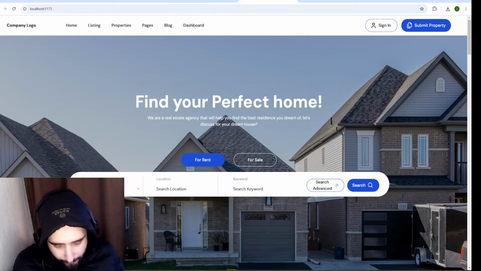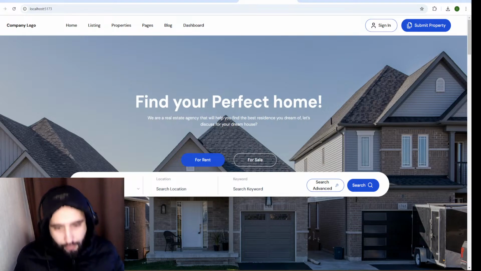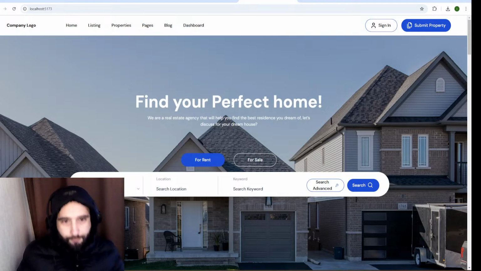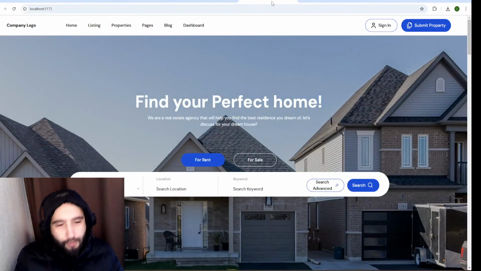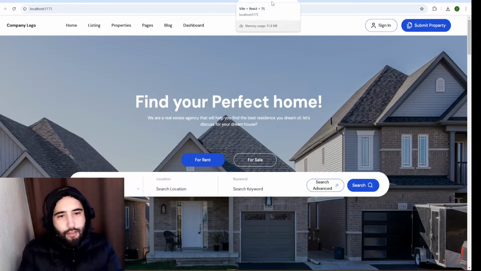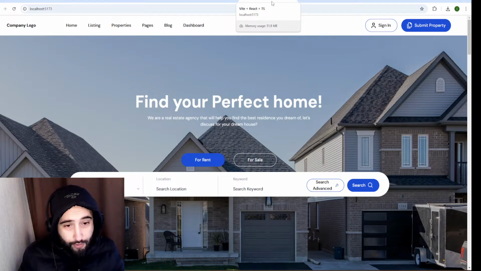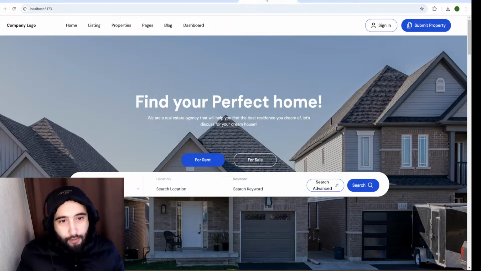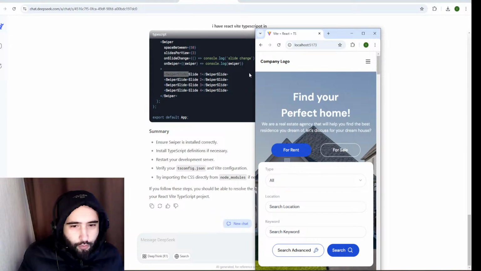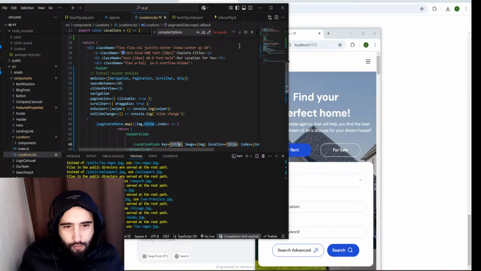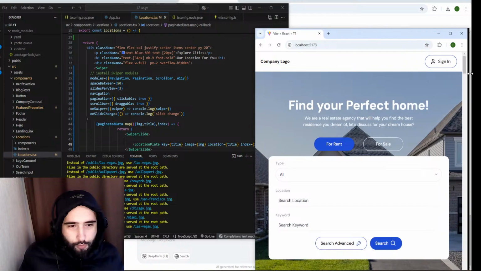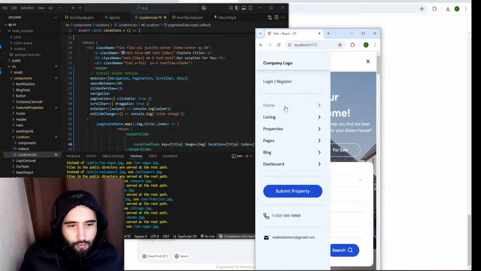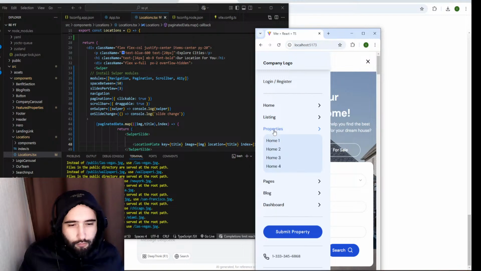Okay, so day 15 of streaming. I'm making a real estate full stack application, and we are done with the landing page. But it needs some adjustments for all the screens, so it's mobile friendly, and the menu is working fine. Let's take a look. On all screens, it's showing like this, fully mobile friendly,